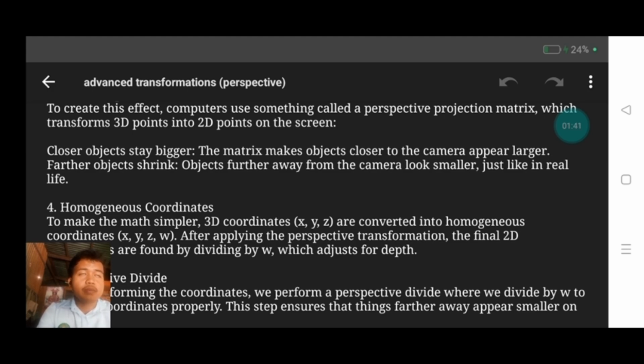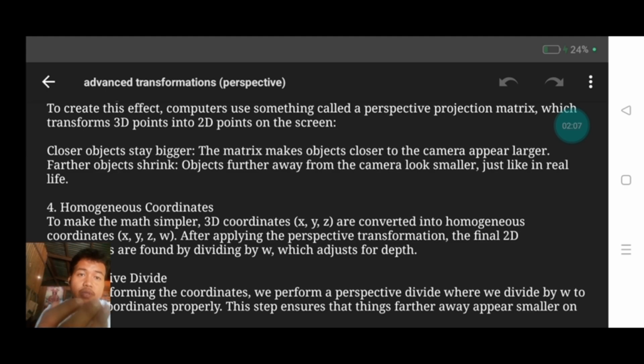Yes, in camera positioning, the closer the object, the bigger it looks. Kaya parang tricky siya, yung isa sa mga tricks on how we can create kung paano natin papalakihin yung isang object. Maliit lang naman siya. The matrix makes objects closer to the camera appear larger.